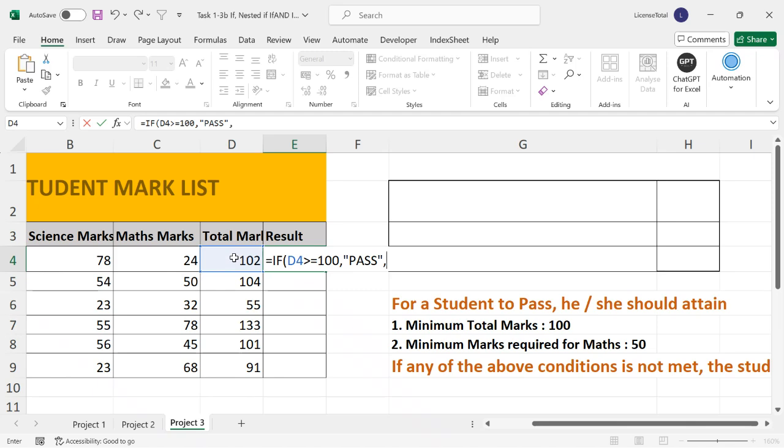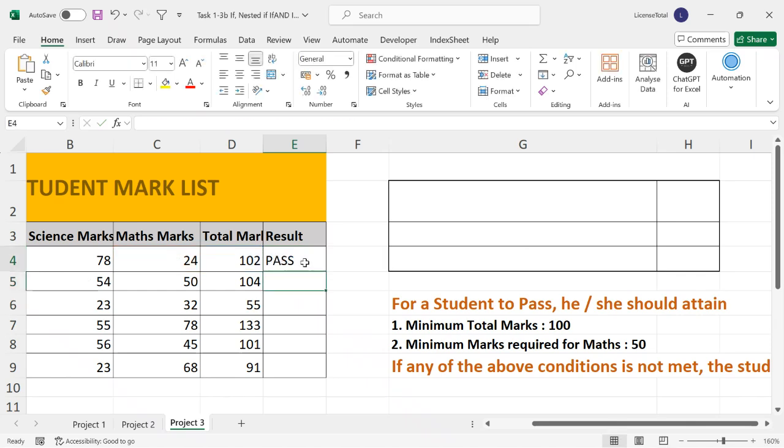Comma. Now I am going to give the next condition. What is the next condition? If this cell is greater than or equal to 50, then also it is a pass. If both of these rules are false, then it should be fail. Bracket close,